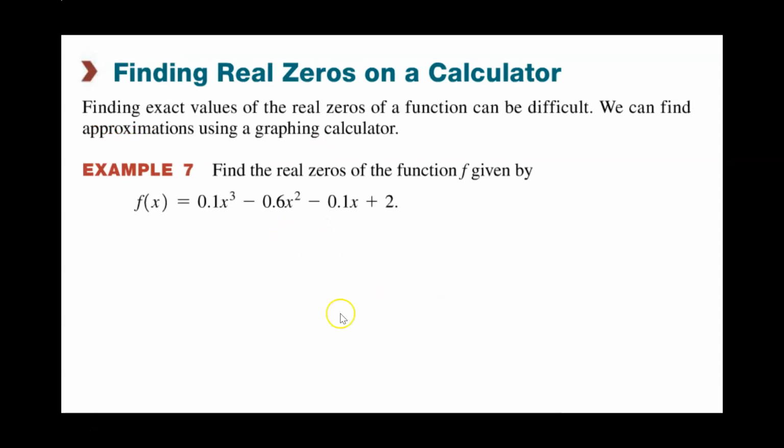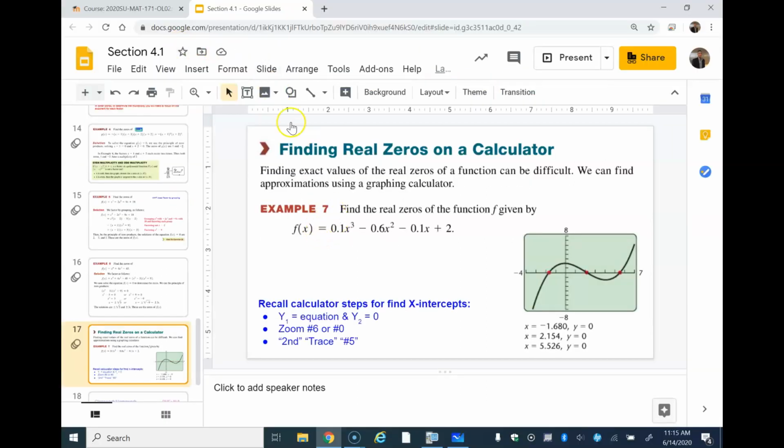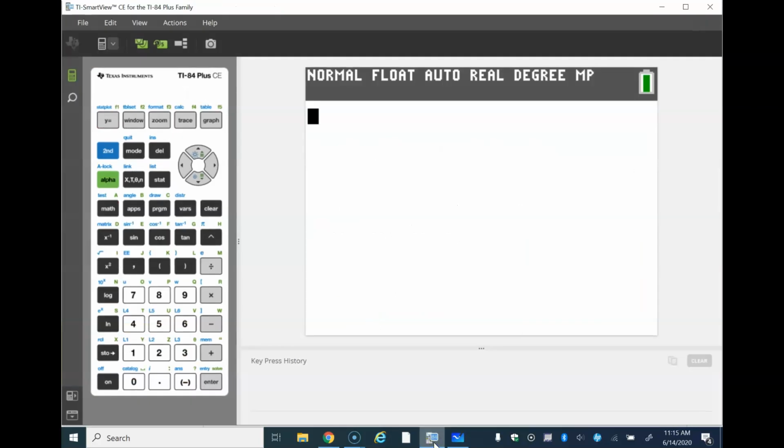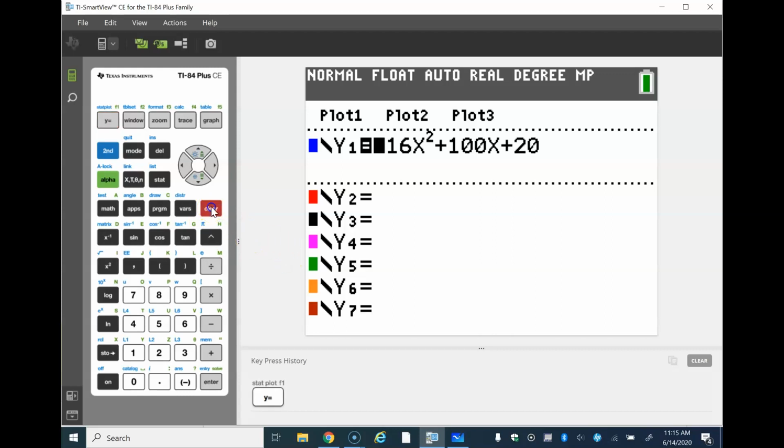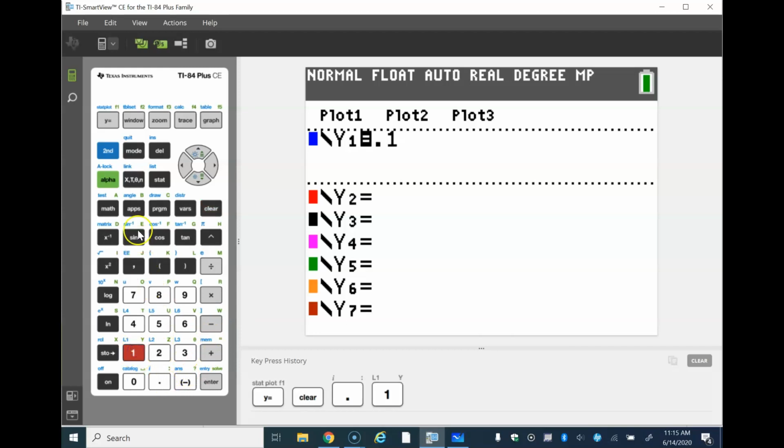So how do we put this in the calculator to find the zeros? Obviously for this one, you can't do factor by grouping. So when you can't do factor by grouping, we go over to our calculator and type in the function. Go to your y equals, clear out what you have, and we're going to put in the function 0.1 x raised to the third,